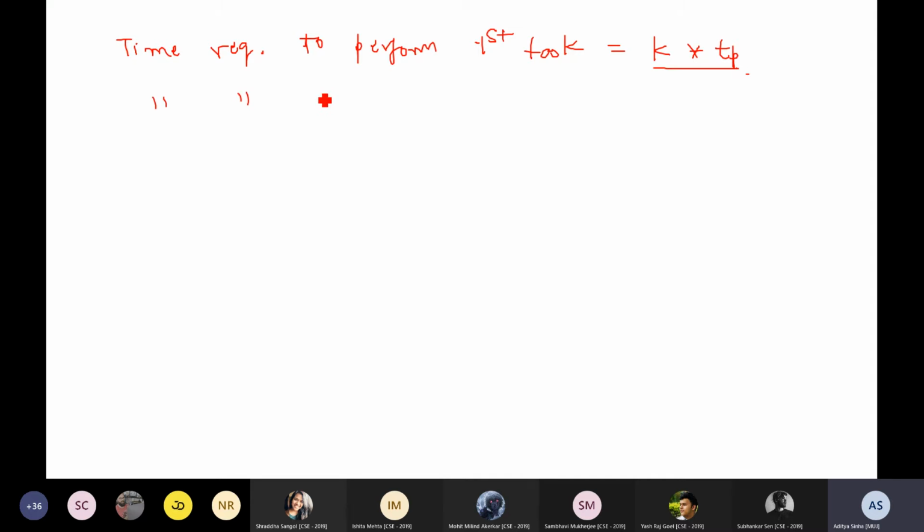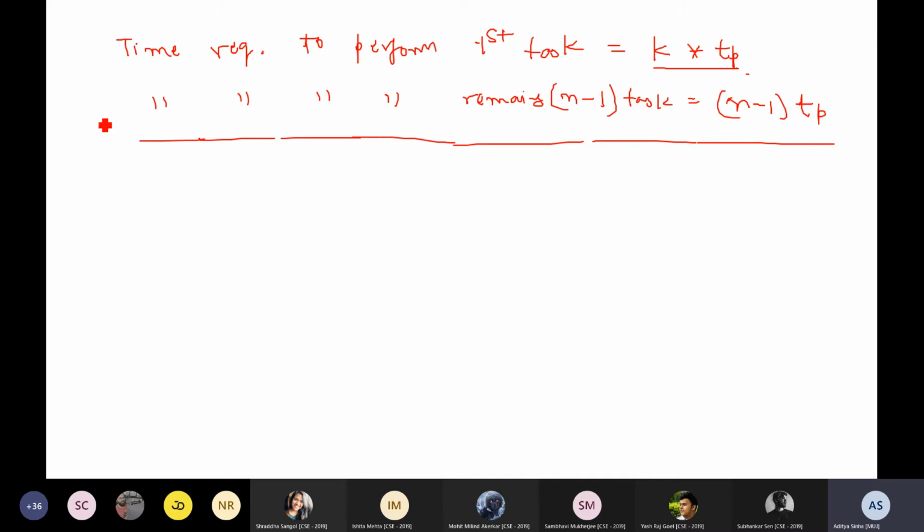Then you have time required to perform the remaining n minus 1 tasks. That will be n minus 1 into TP, right? Then you just have to actually sum it up for total time. Total time is how much? KTP plus n minus 1 TP, which will, yeah,